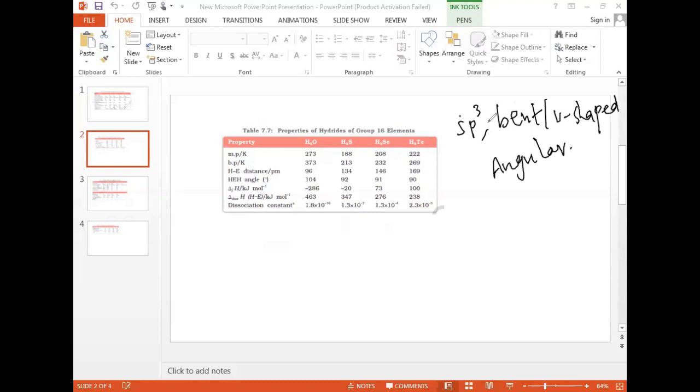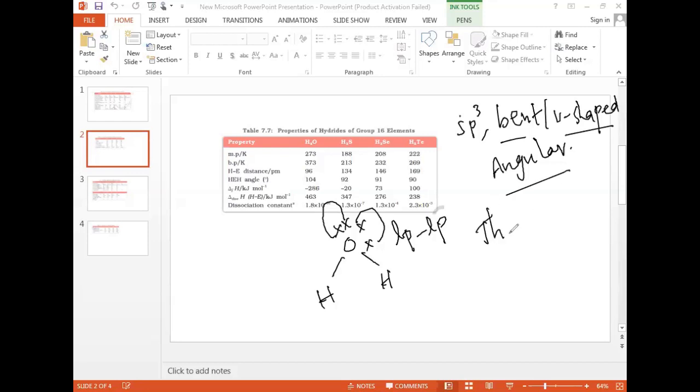Here, what type of repulsions can we see? In the case of H2O, we can see lone pair repulsions. Here we can see 2 lone pairs. Because of these lone pair repulsions, we can expect a bent shape or V-shaped or angular shape instead of tetrahedral. Here the bond angle is 104.5 degrees for the water molecule. Generally sp3 means what bond angle? 109 degrees 28 minutes, but here it is showing 104.5 degrees.